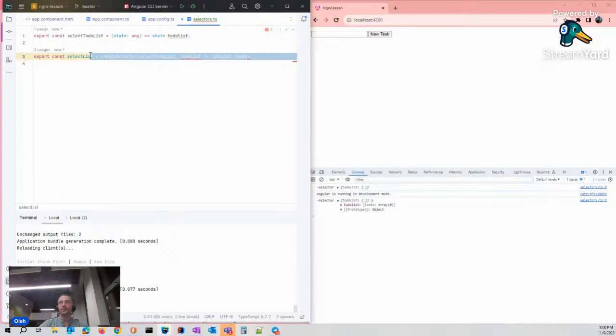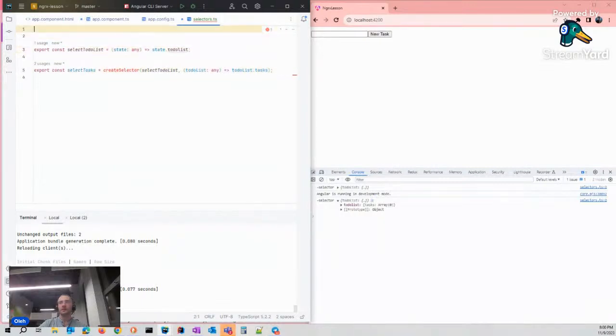Tasks, but let's rename it to tasks. That's it. The create function has to be imported. Okay.